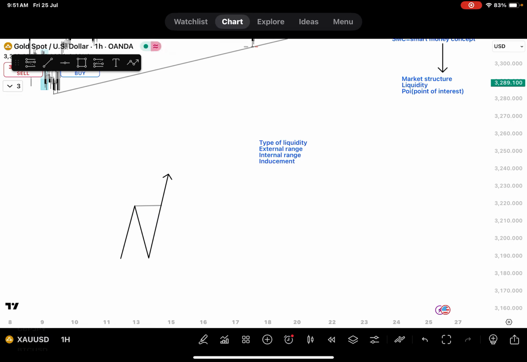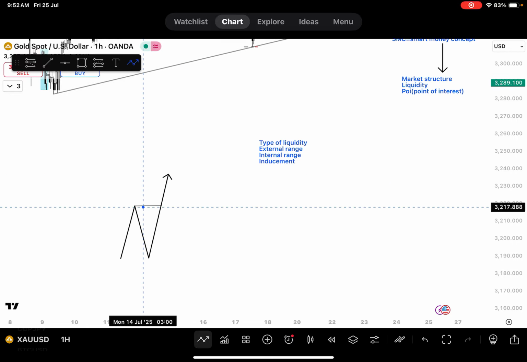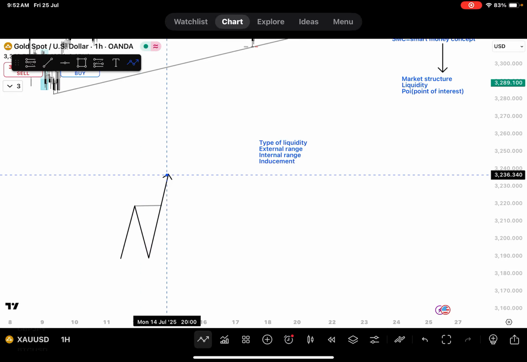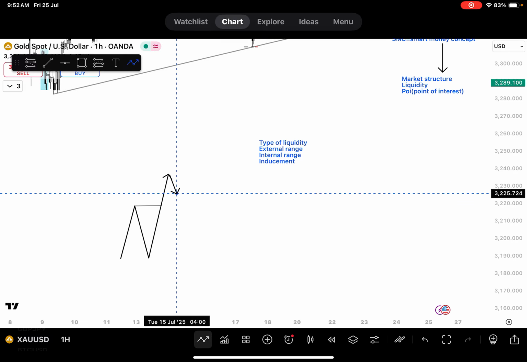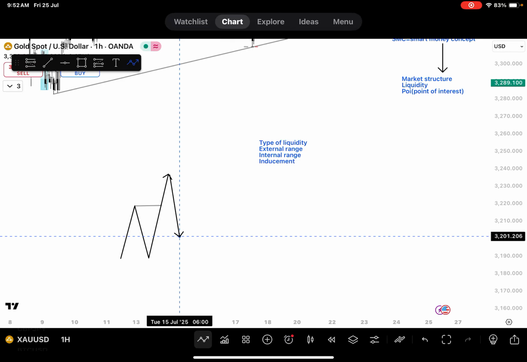Now the first pullback after the break of market structure. That pullback is referred to as a higher low, because once the market breaks a higher high like this, it will create a higher low. It is a must that the market will create a higher low. Now this first higher low that is being created like this,